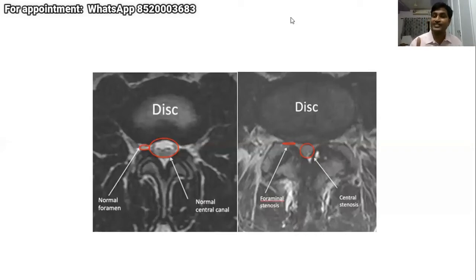And what we do is, once a patient gets pain, we inject 1 cc of Xylocaine, which is local anesthetic. So all the pain which he had disappears, completely disappears. So now the cause of pain is coming from that particular disc or from that particular joint. So this is our final confirmation. But this is an invasive investigation.